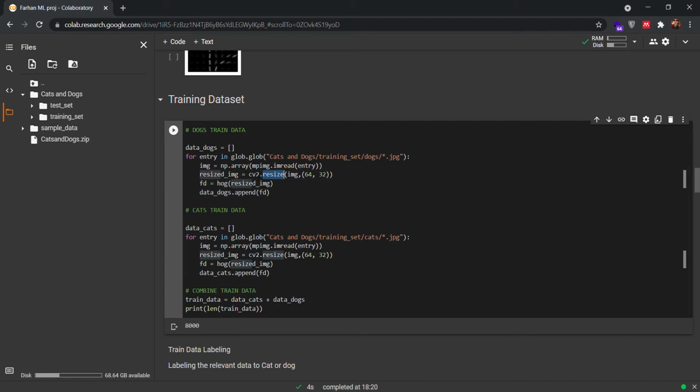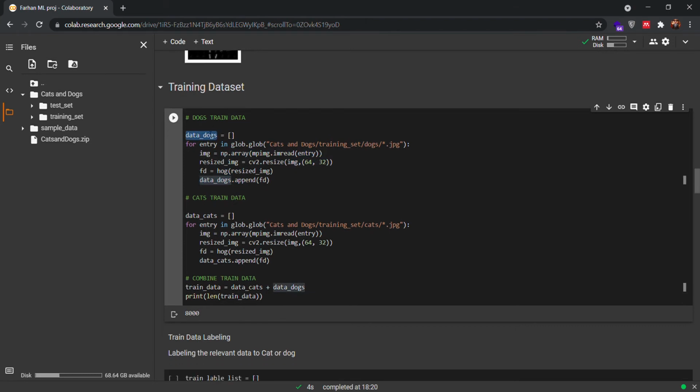All the feature data of the dogs training data will be stored here. Now again we move towards the cats data. The same procedure is repeated over here, and then I have combined the data.